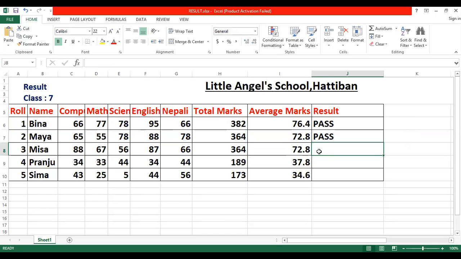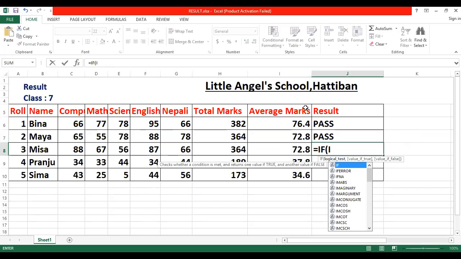Okay, Misha, you will give formula for her. If function you will use, IF, then you will give cell address of 72.8. What should be? Column name is I, and row number is different. That is 8.